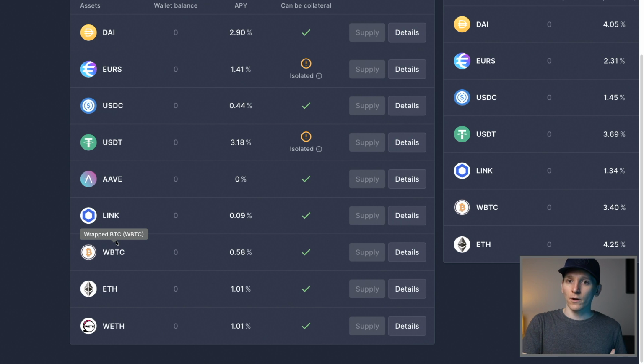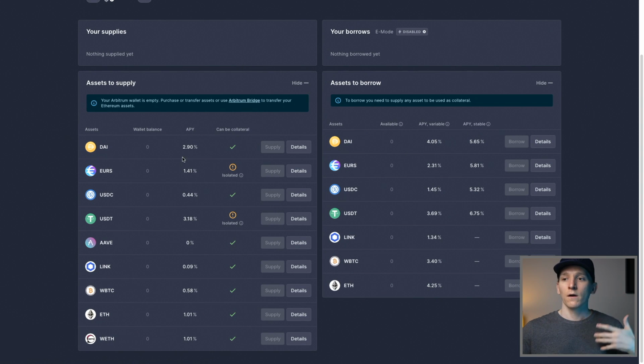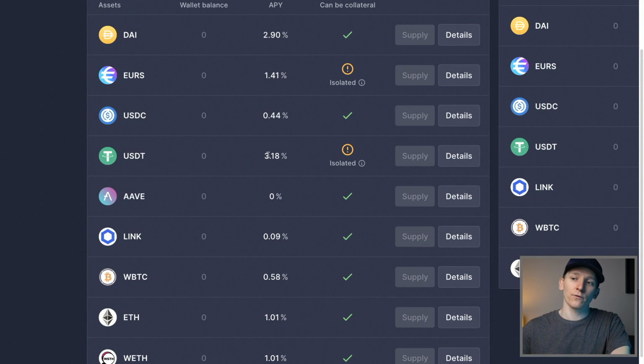You have BitGo, are they going to do anything? Are they going to blow up? Are they going to get hacked? Whatever. There's counterparty risk all the time. And so you can decide whether this yield is actually appropriate for you, given the amount of risks that you're taking with counterparty risk, platform risk, smart contract risk. But that is a way that people use to get interest on stablecoins or other crypto assets.